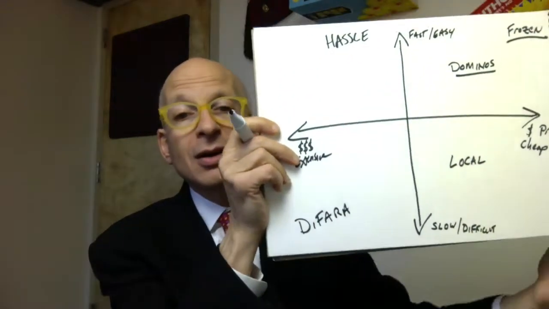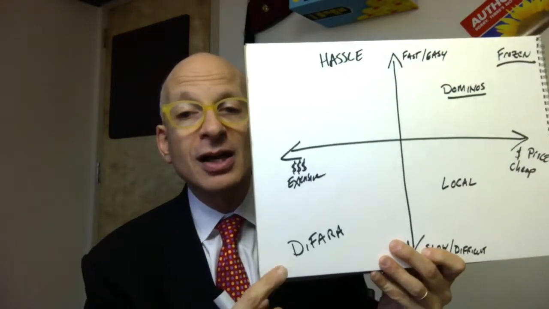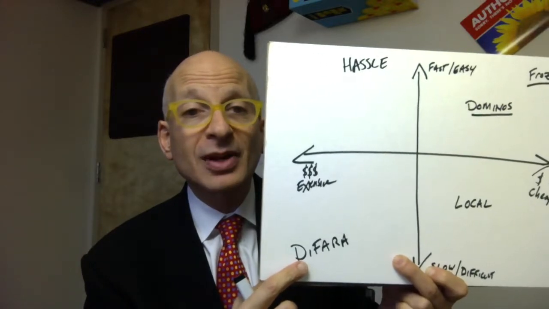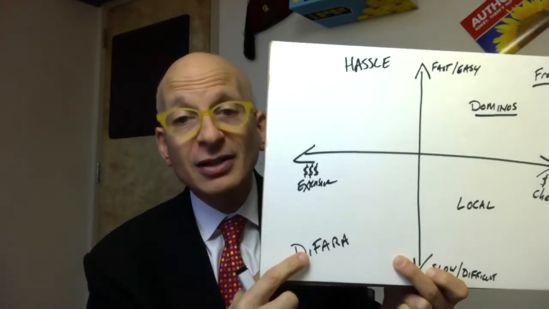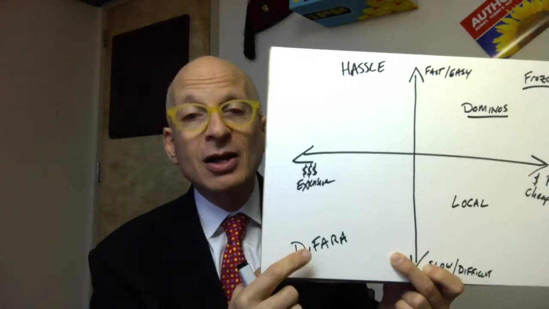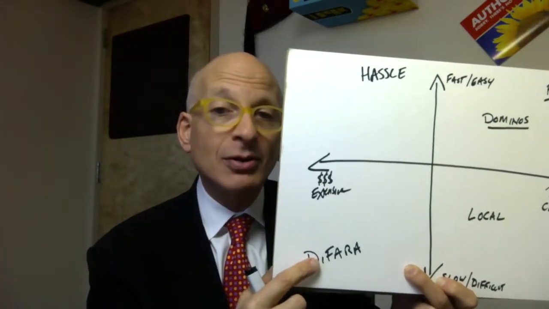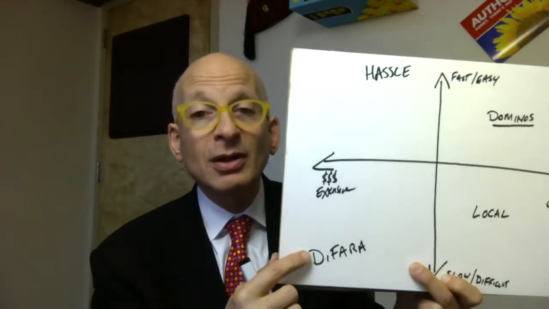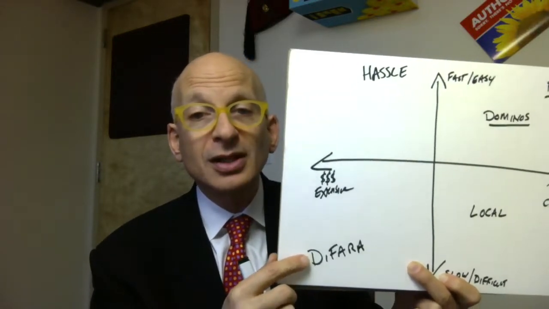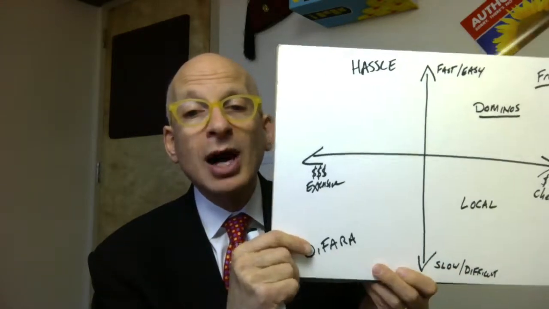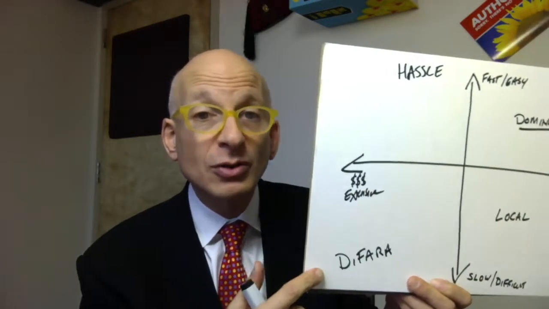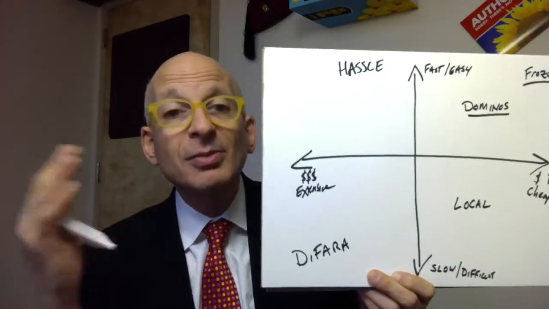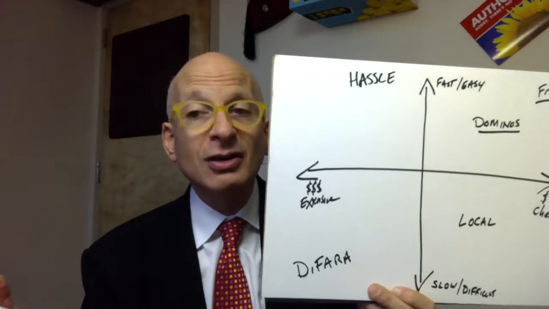Down here is a place in Brooklyn called DeFara's. Now, if you go to DeFara's, it will take you, I don't know, 45 minutes to get there from Grand Central Station and 5 hours to get there from Dallas. And when you get there, you will wait between an hour and 3 hours for Mr. DeFara to make you a pizza that costs double what that pizza would cost you at the local place. Now, you could say, that's stupid. Why would anyone do this? Well, all you have to do is go there and see how happy Dom is and see how happy he makes his customers and realize he's been making a living doing this for a long time.